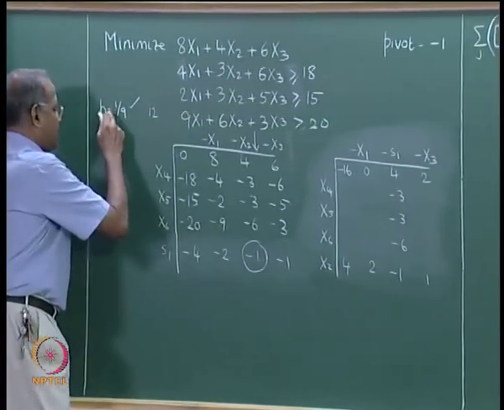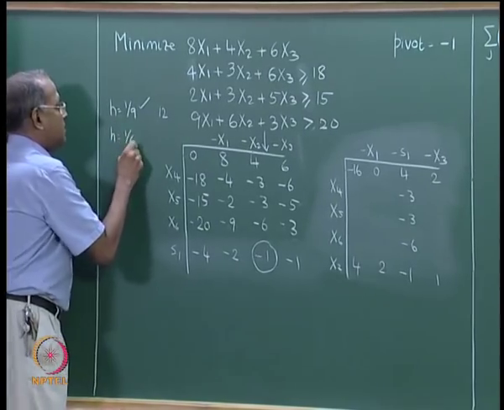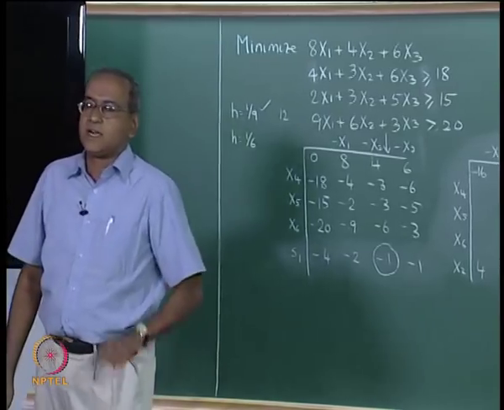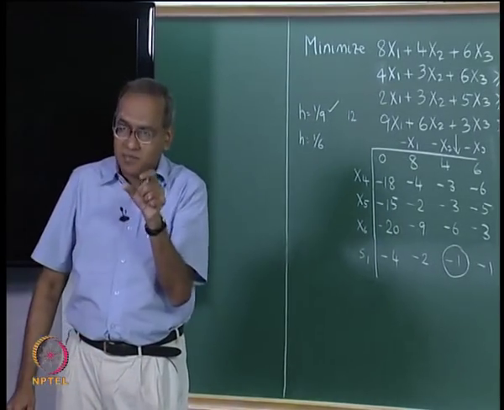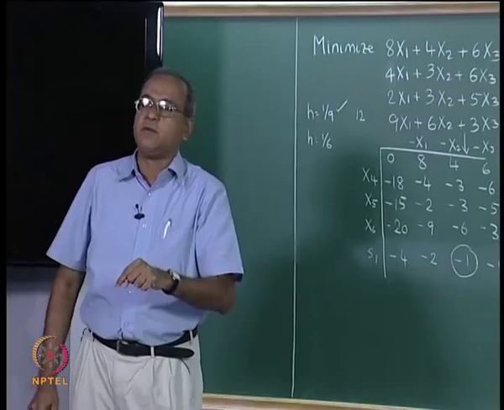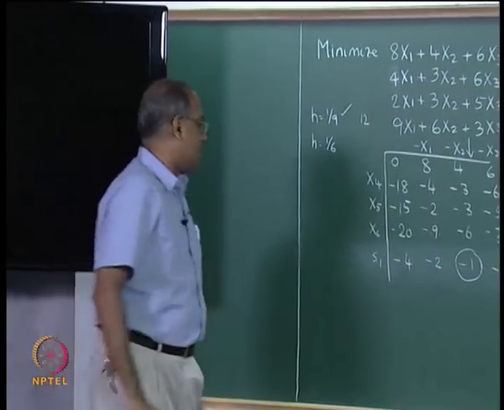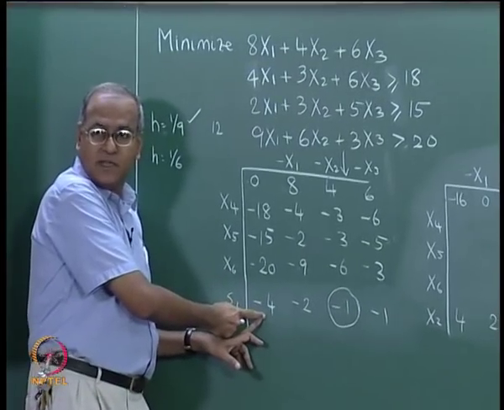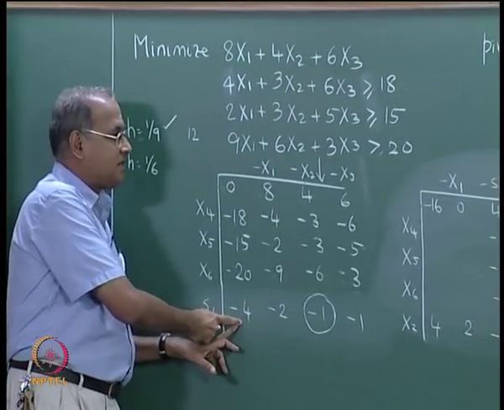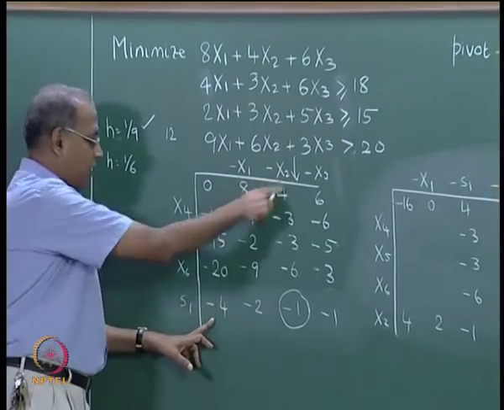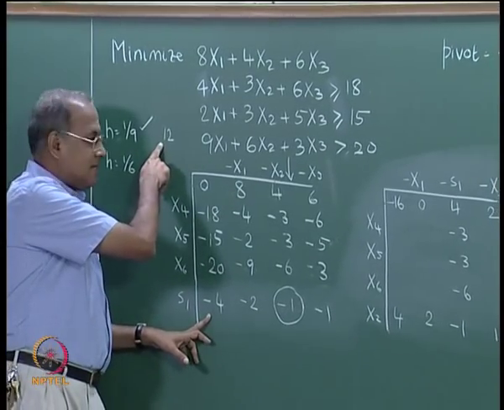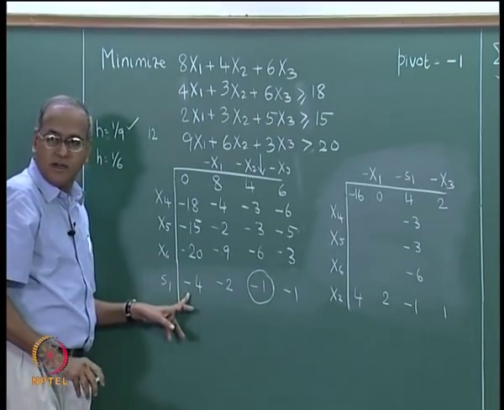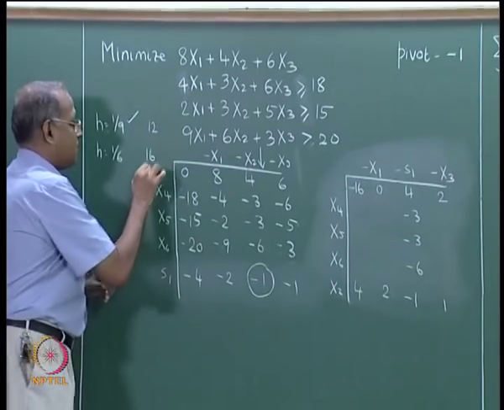So, we could either pivot on h equal to 1 by 9 or we could use h equal to 1 by 6 and generate an all integer dual cut. The cut becomes different when you use h is equal to 1 by 9 and when you use h equal to 1 by 6, because when you used 1 by 9 we had a minus 3 here, which gave us an objective function of 4 into 3 12, whereas when we use h equal to 1 by 6 we are getting a minus 4 here. So, this gives us 4 into 4 16.